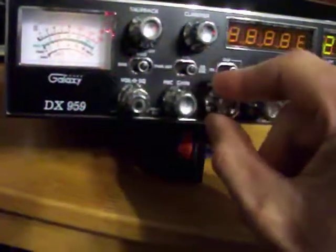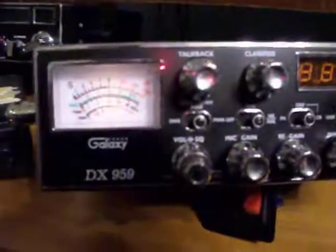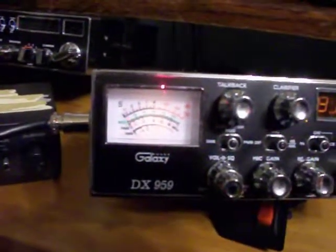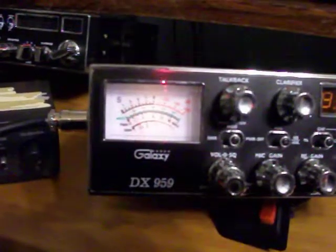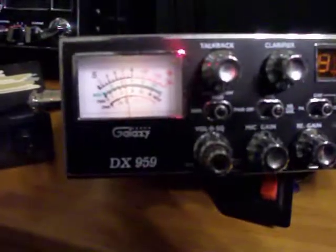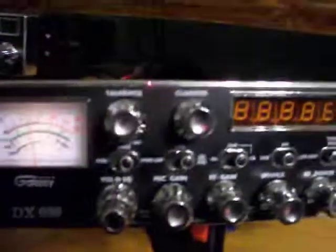611, I'm gone. Let's see if I can try to get this guy. How about a 611? How about a 611 338 upstate New York? We're waving. Probably not going to get him. Hey, you're sounding good there in the Carolinas. I'm not even looking that way. Spin this beam down a little bit. Probably not going to get him this time of night. I usually don't, but